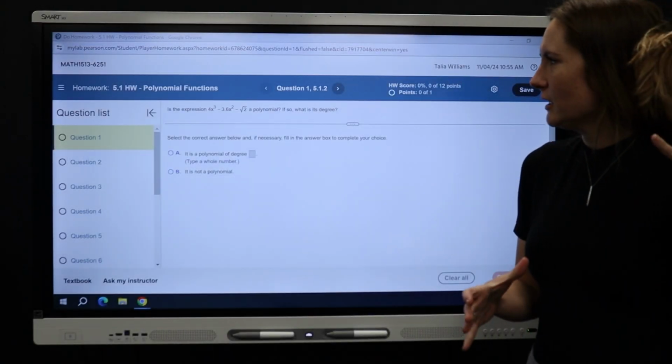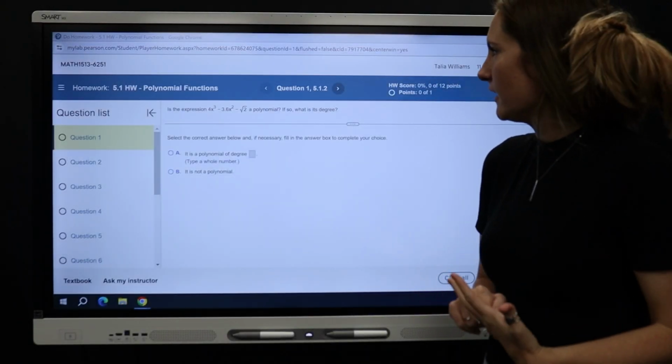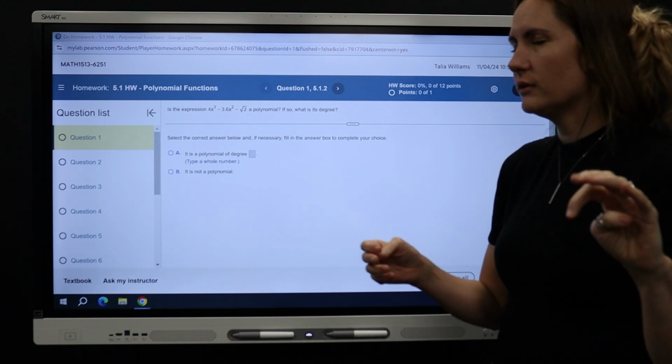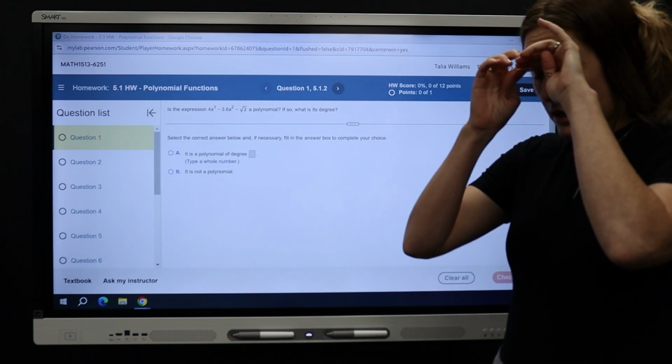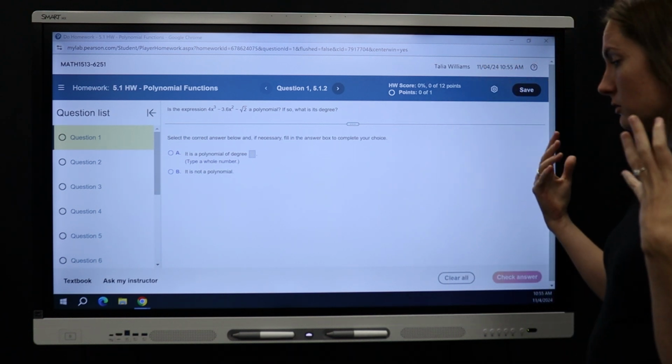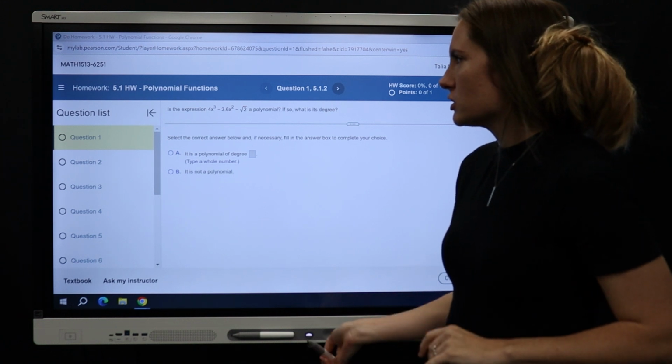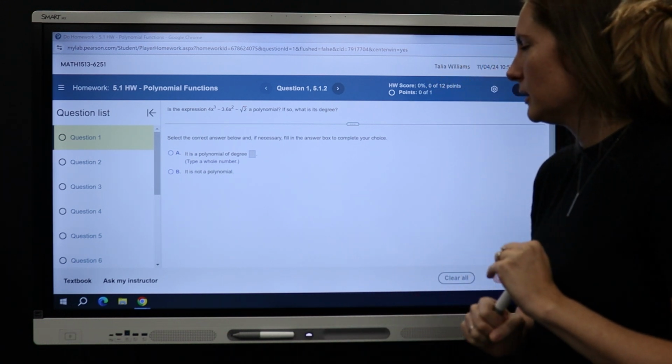Hello everyone, we're going to be covering chapter 5 today. This first section is just the polynomial functions, the basic things about them. As we go, I'll try and get into as much depth as I can. I know I've got a lot of questions over 5.2, so I'm going to get through this one and then